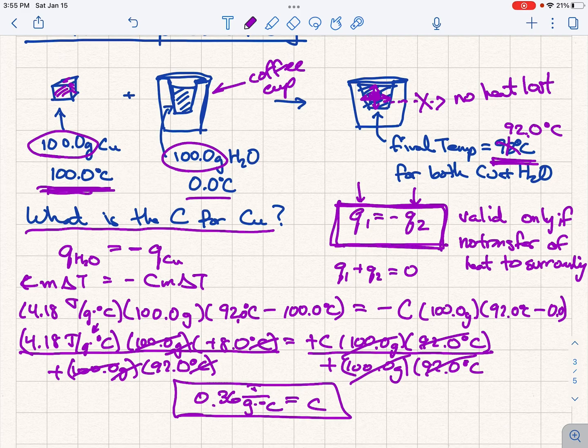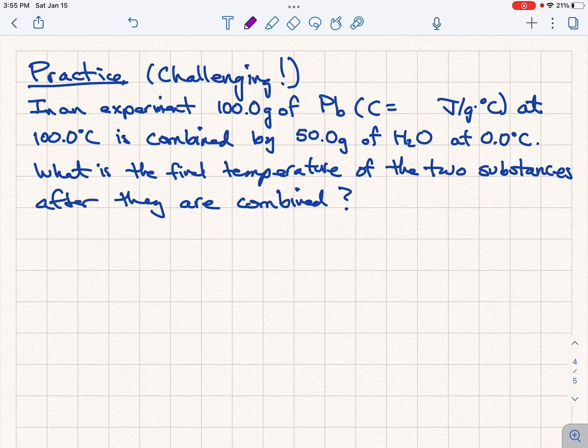easier. Okay, so I'm going to give you a really challenging practice question on this, and I want you to pause the video and try to work this on your own. It's mostly challenging because there's a lot of algebra, okay? So, and I never filled in the heat capacity for lead. Let's see here. We're just going to make it up, okay? Because we can do that. And then that's going to drive people crazy, but you won't be able to look up the answer. So let's call this